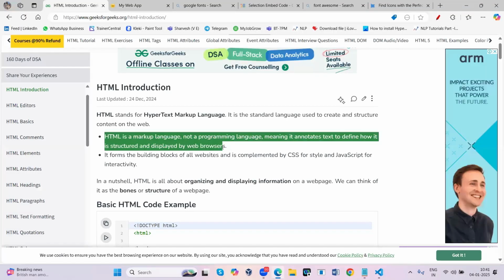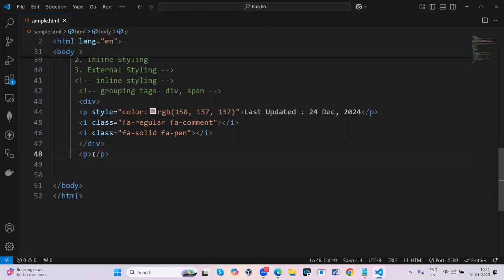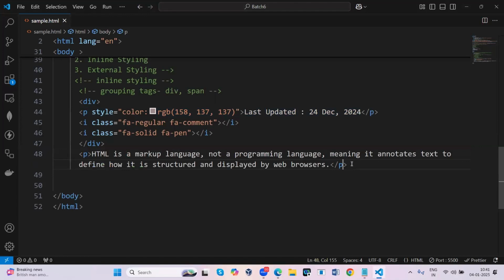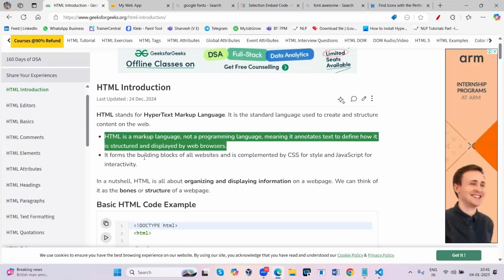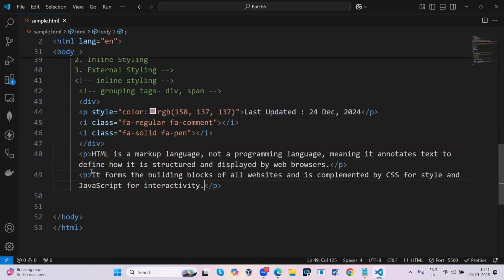So I just copy this line and paste it here in this one paragraph, and one more paragraph I am just giving. See, whenever you are using the paragraph tag, even if you didn't give the space, automatically it will create spaces between the paragraphs.